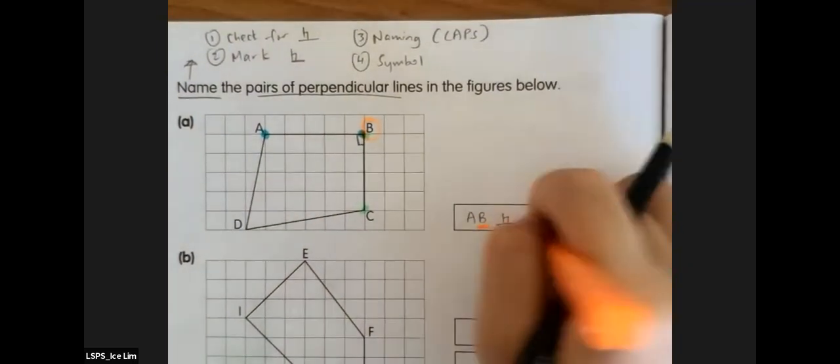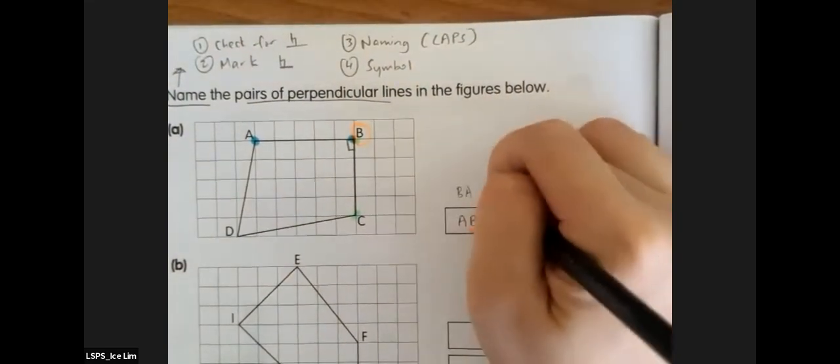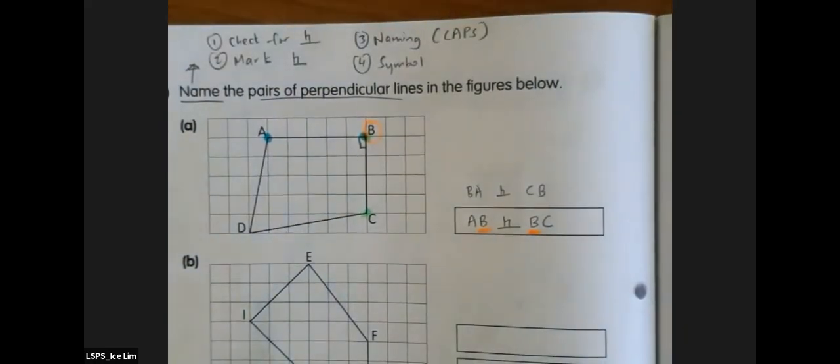Have us write it in a manner that it flows. Even though I say it's not wrong to say BA is perpendicular to CB, it's not wrong to say that because it's looking at the same line. BA and CB is the same line. This is correct as well. But I prefer that we learn how to do this in this manner,